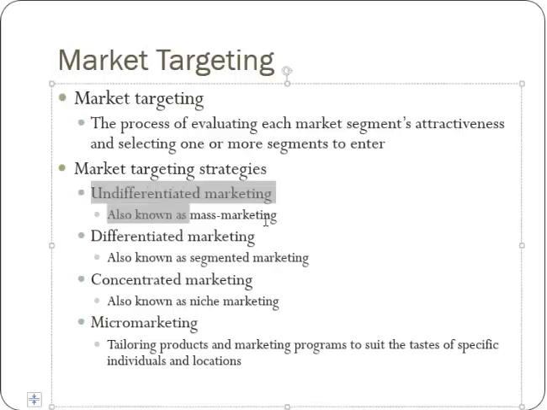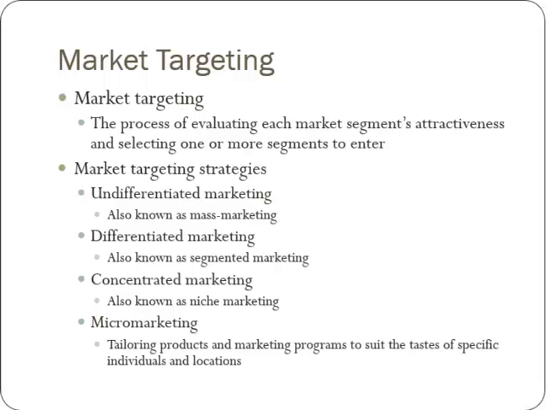You can use undifferentiated marketing or mass marketing. This is when you're pretty much targeting everybody. You could put an ad on TV on a nationwide event. That's pretty much advertising to the whole country. You can use differentiated marketing, which is segmented